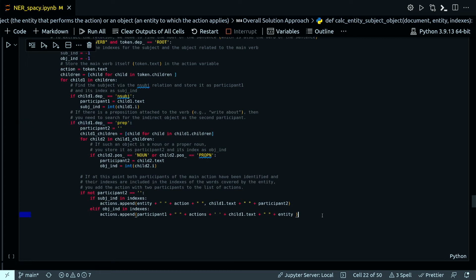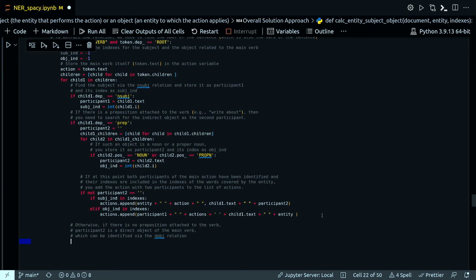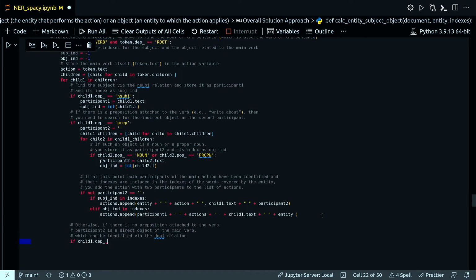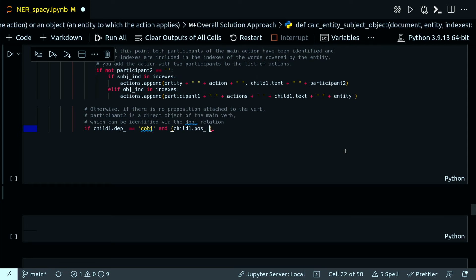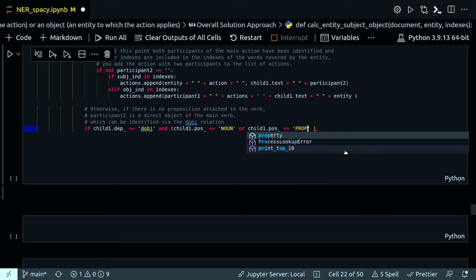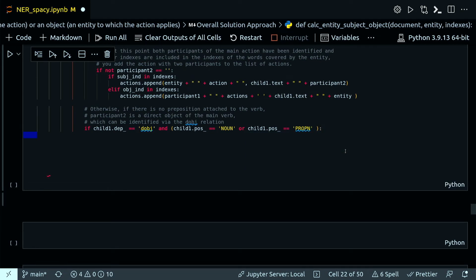So otherwise, if there is no preposition, then we need to do: if child1 dot dep_ is a direct object, so dobj, and child1 dot pos_ is noun, or child1 dot pos_ is propn, proper noun, then